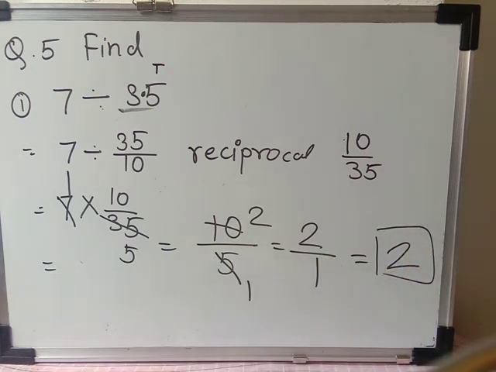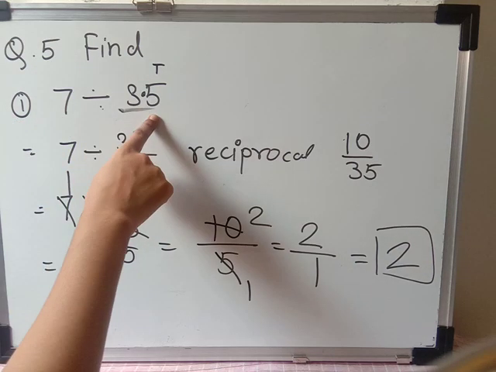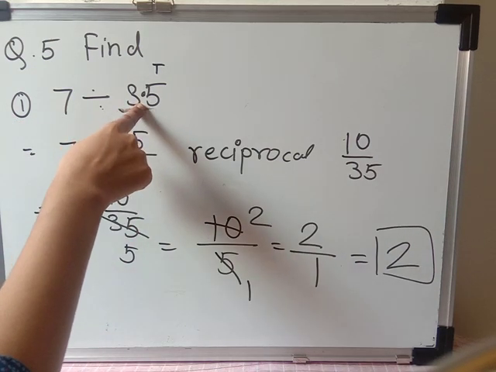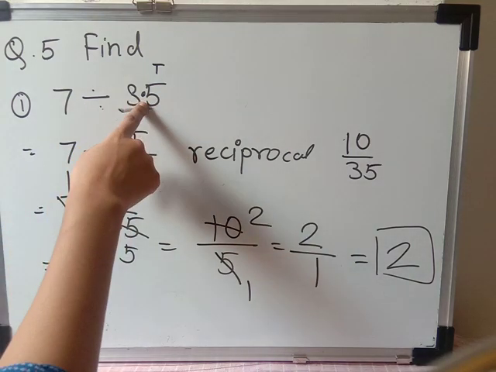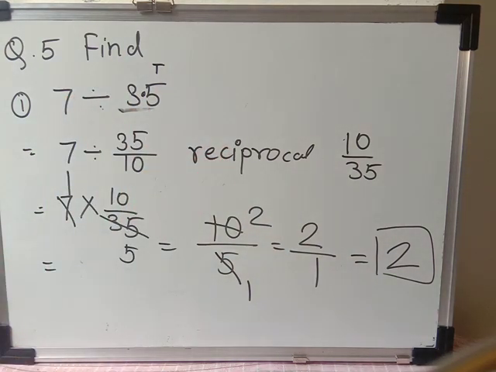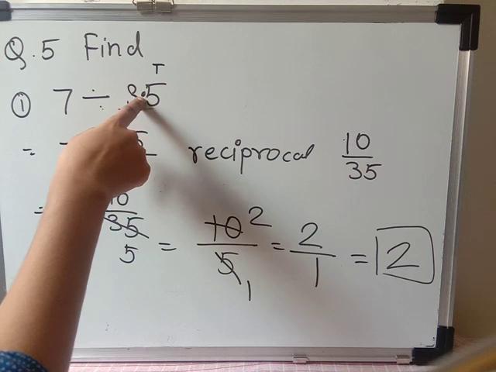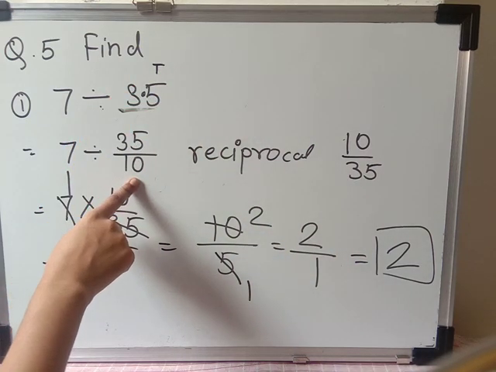Okay, so I hope you have understood. The second question you have to do like that only. यहाँ पे whole number है, left side पे और right side पे decimal number है. तो decimal number का हमें क्या करना है, उसका decimal निकालना है. निकालने के बाद हमें उसको fraction form में लिखना है. So denominator क्या होगा कि decimal के बाद how many places are there, that we have to count. So here after decimal only one, that is 10 places there. That's why we have taken the denominator 10.